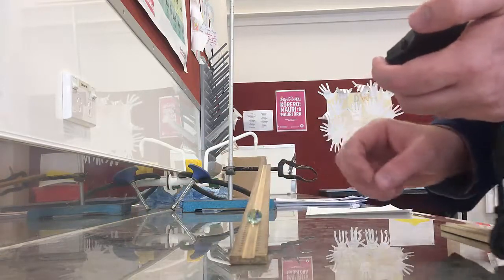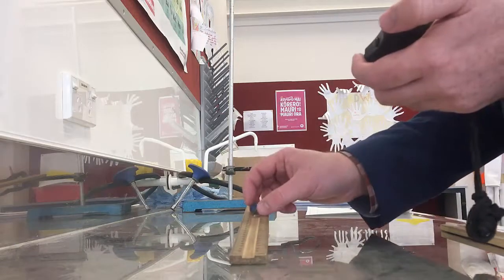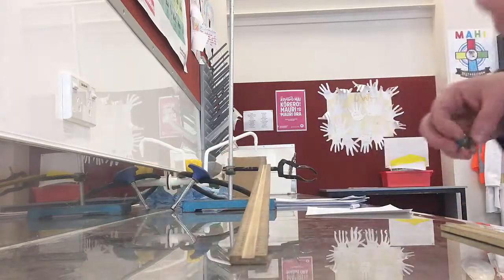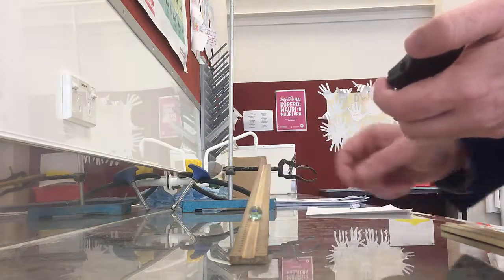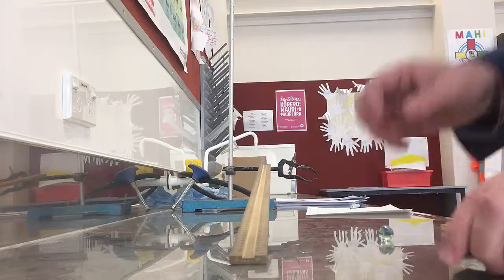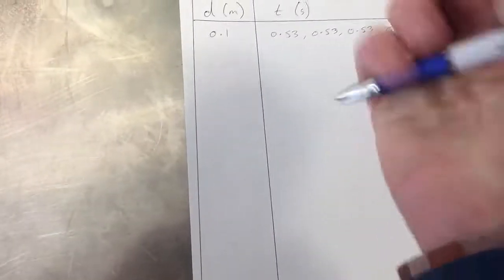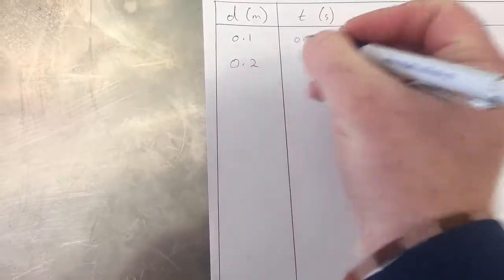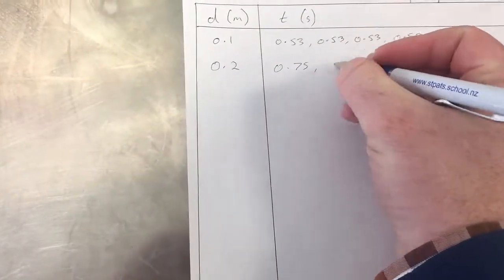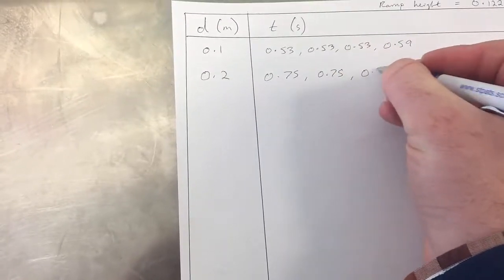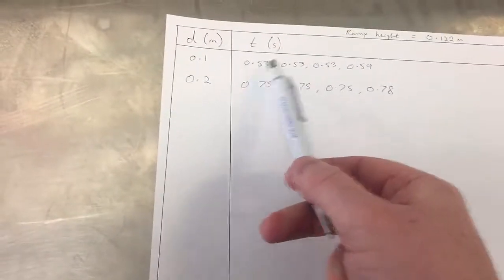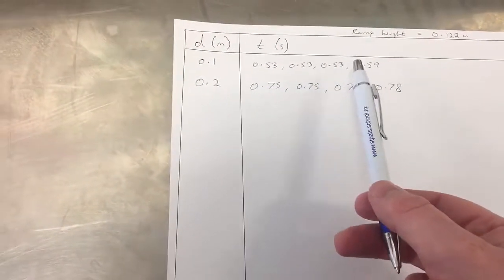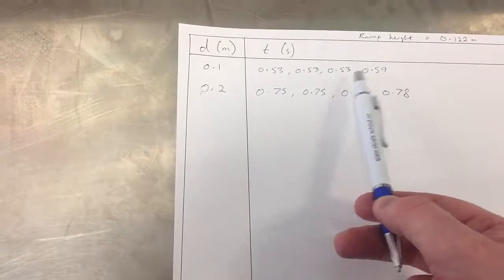0.75, 0.75, wow, 0.75. I'll do a fourth one, 0.78. So back over to the table, 0.2: 0.75, 0.75, 0.75, 0.78. Doing 4 times makes it really easy to spot an outlier, and